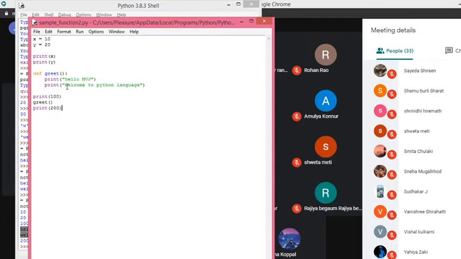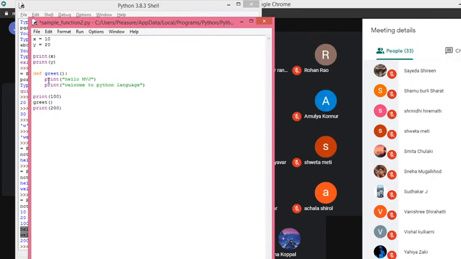But was this possible in the C programming language? No, sir. Because functions always have to be declared before the main or after the main. Function definition should always be either before the main function or after the main function. But in Python, you can write anywhere you wish. If at any instant you want to write some function, you can start writing it right there and you can use it.